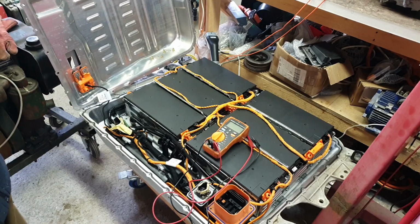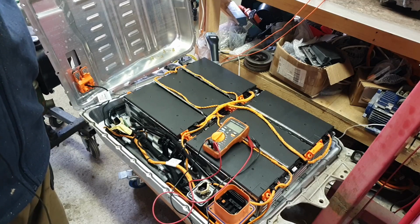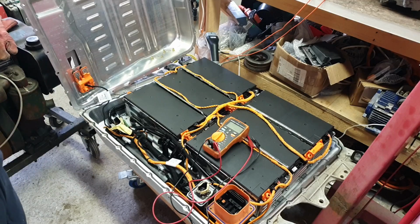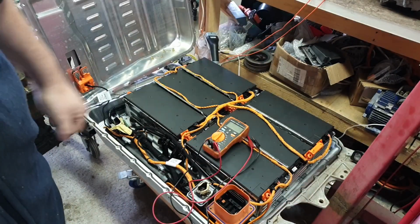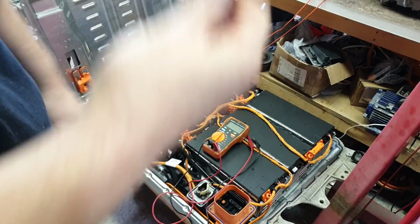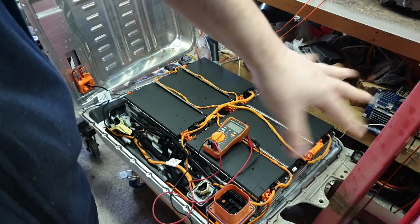So before I start any working on the battery here or dismantling, you see I've got a multimeter here. I'm going to do a few voltage checks here, just to make sure we understand how the bus bars are rigged up and that. Now you'll see, bare hands, but I do have a wedding ring, so I'm going to take that off, put it in my toolbox, because we don't want anything on our hands like rings, watches, jewelry, anything